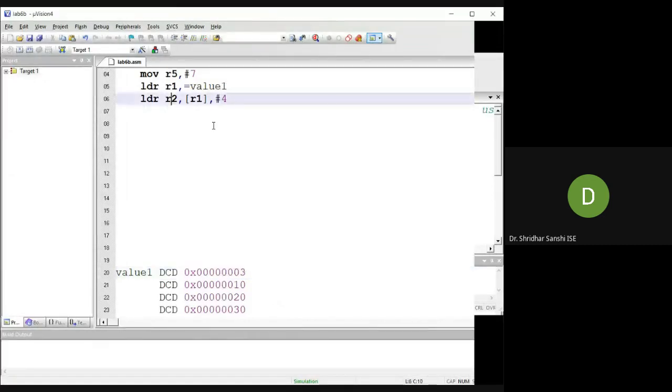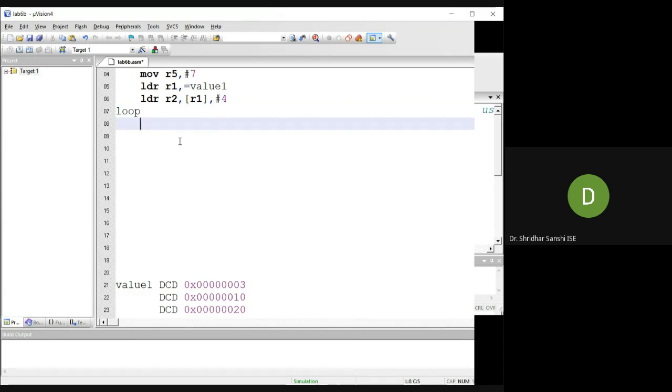So first I'll consider this as the smallest. With this value, I'm going to compare the other values, the second value. If the second value is smaller, then I will swap. Otherwise, I will skip and move to the next element. Now how to get the second element? I have to iterate over all the elements in the array, so I need to use a label. I will use a loop label so that I will come back and start executing from here.